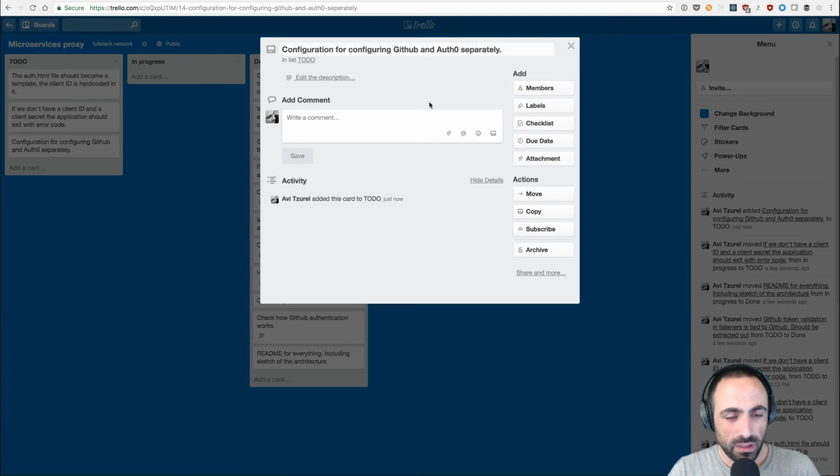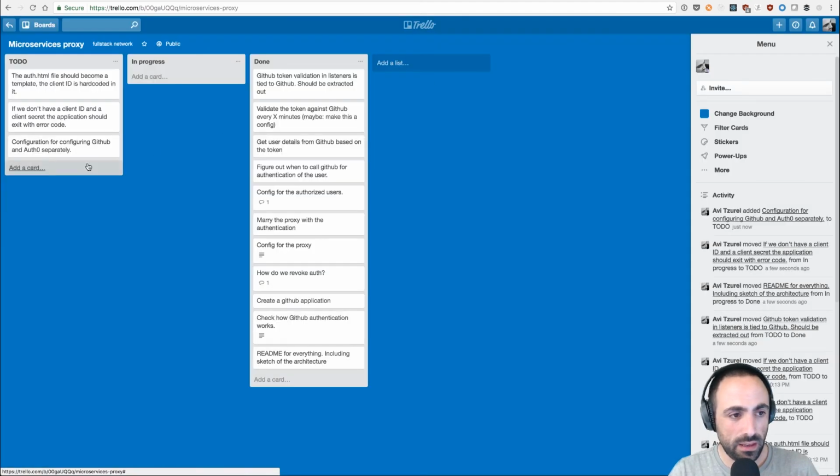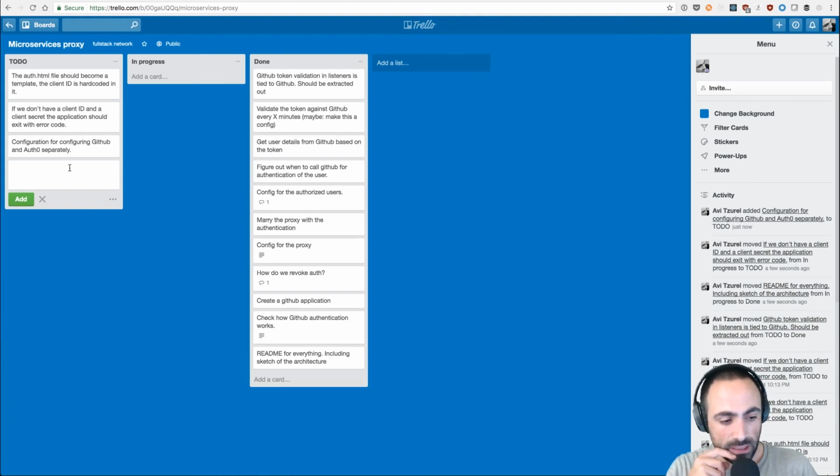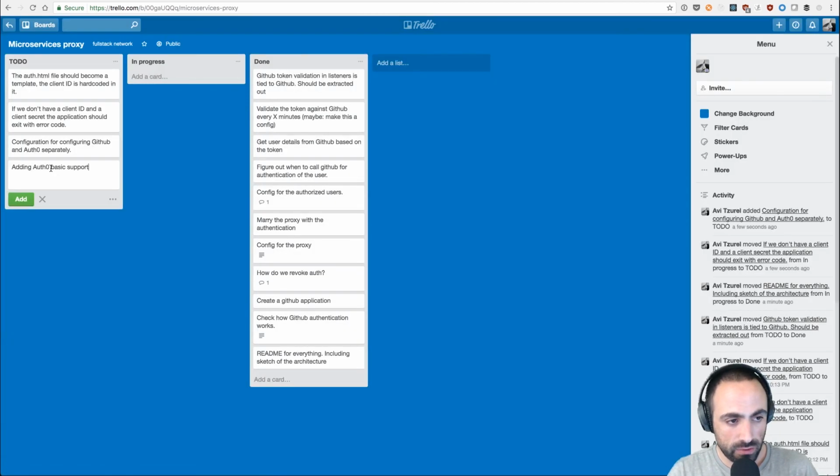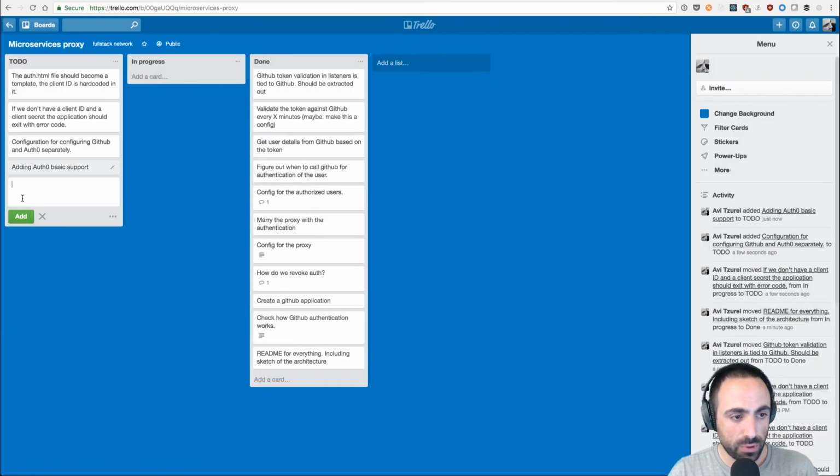Okay, great. And then what we need is adding Auth0 basic support. So adding Auth0 basic support.